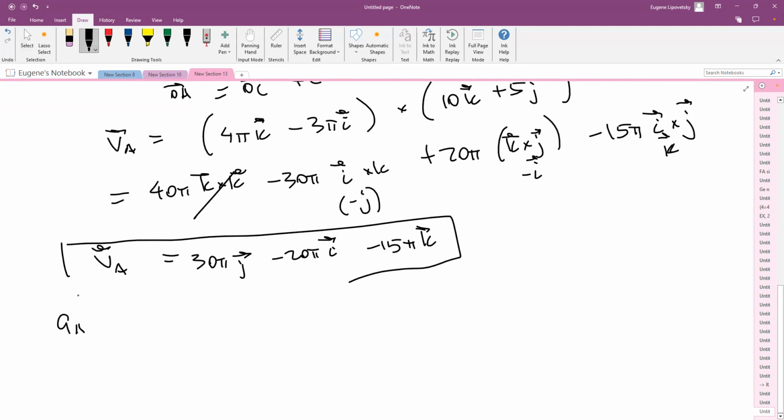Acceleration of point A equals acceleration of point O plus acceleration of A relative to O. The acceleration of point O is 0. And that one is alpha resultant cross product with OA plus